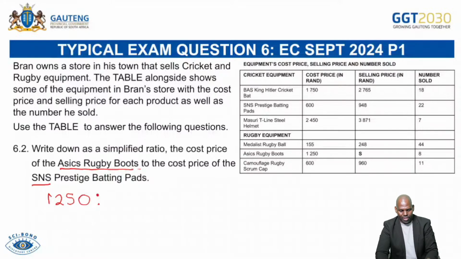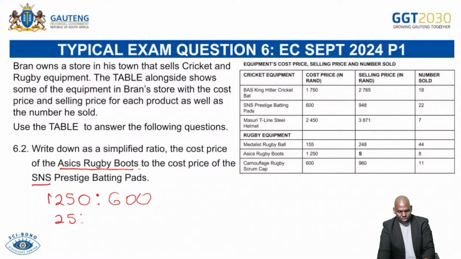1,250, and then there's the symbol for ratio, and then I have to take the selling price, so it's 600. Okay, so now if I simplify this, I can just say 1,250 over 600, then I get 25